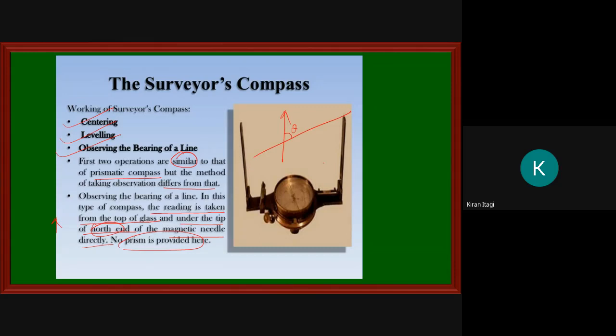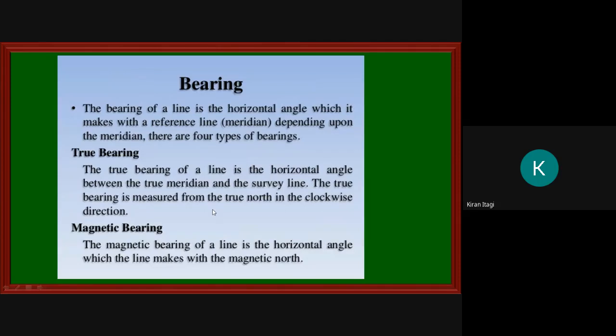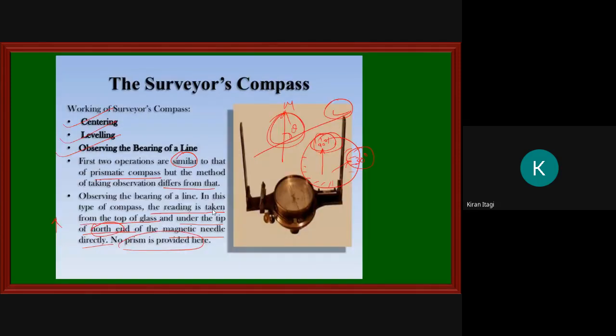Okay, but in the surveyor compass, this is my reading here. North is pointing towards 90 degrees, so we will take it as 90 degrees. It is pointing towards 30 degrees, so we will take the reading as 30 degrees. Here we were doing it with respect to the magnetic meridian and line of sight, but here we directly take the reading from the northern point. So this is the surveyor compass and the prismatic compass.